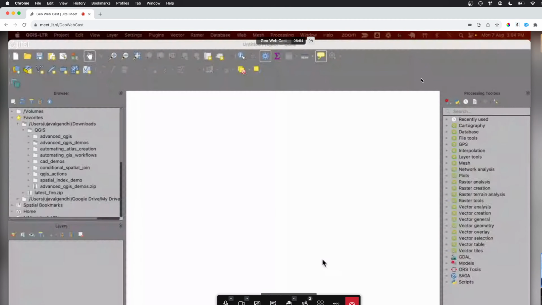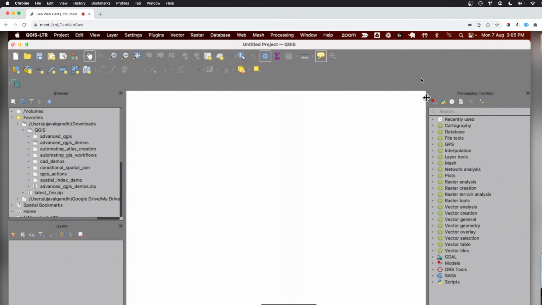One of the cool features of QGIS is that we have this thing called the processing toolbox. This holds all your processing tools, all the algorithms that you use to process data, all the kinds of analysis that you want to do. There are literally hundreds, if not thousands, of tools available. If people checked out QGIS maybe 10 years ago, they say, oh, I didn't find this tool. It can do everything from basic clipping and projections to network analysis and raster processing. I want to show some of the tools that people don't really know exist.